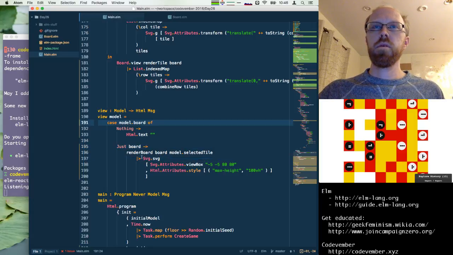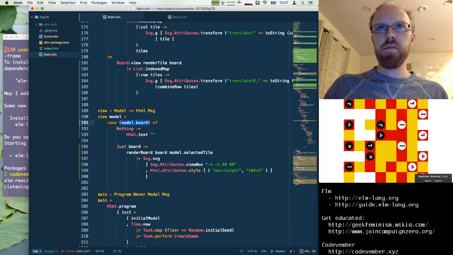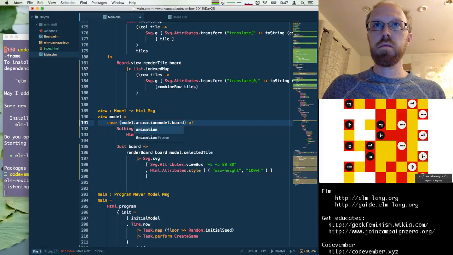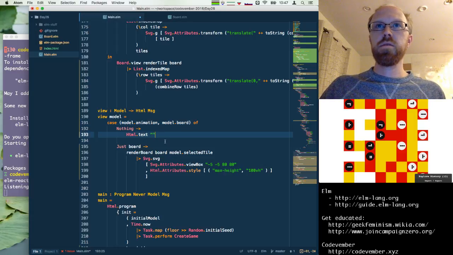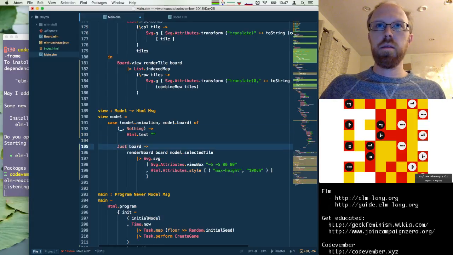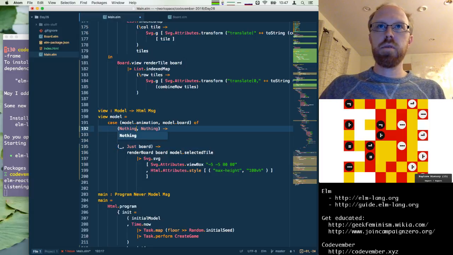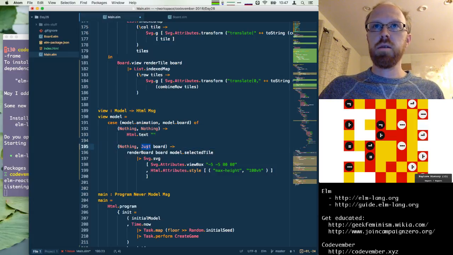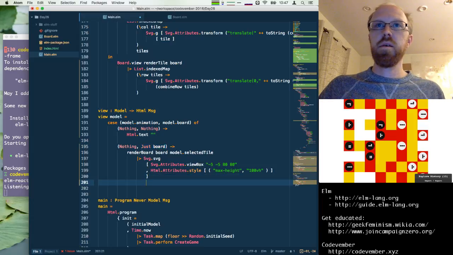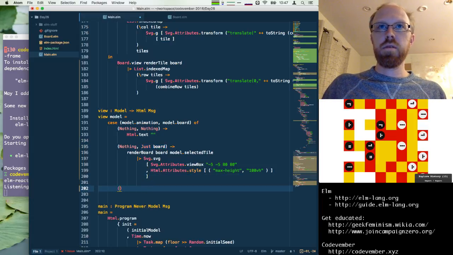Cool. So, here's what we want to do differently. We actually want to check and see if there's an animation. And if there is, then we will handle that first. Let's see, so if there's nothing at all, we'll do that. If there is no animation and a board, we'll do that. And if there is an animation,